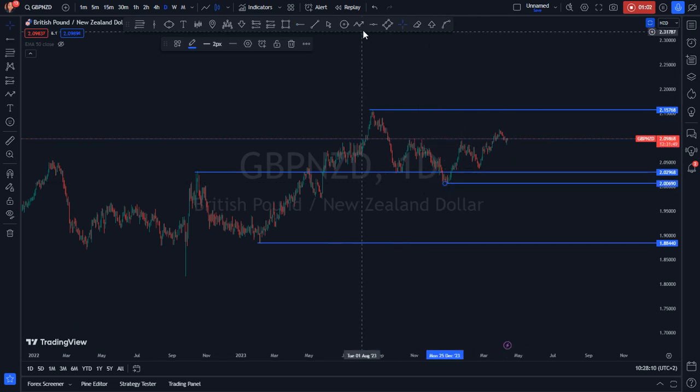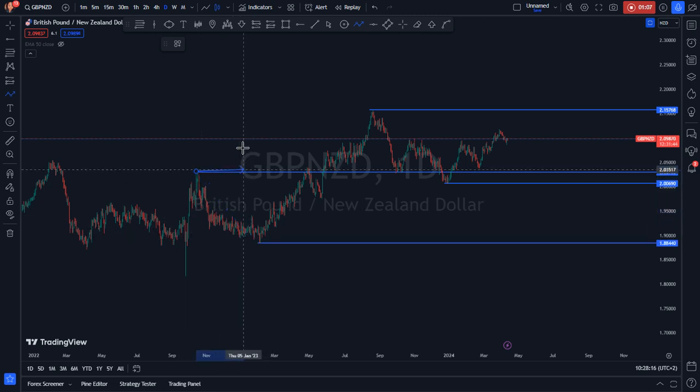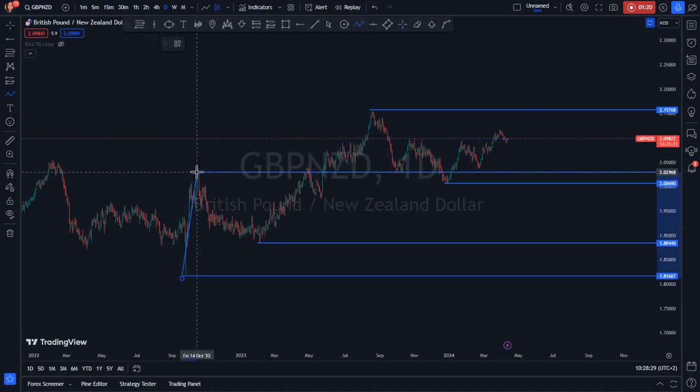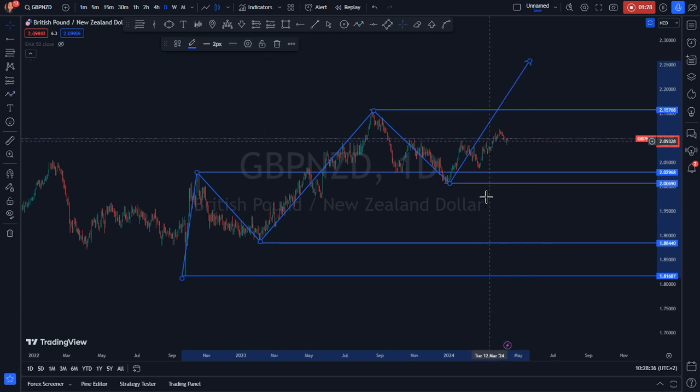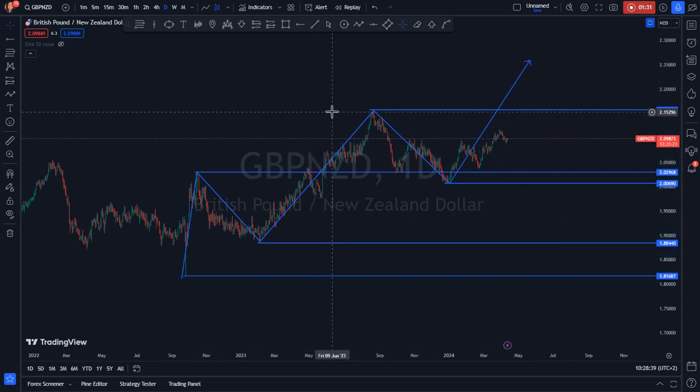So currently the market, to me, looks like it is in an impulsive phase. Let me mark this as well. To me, this looks like a very impulsive phase: this being a correction, this being an impulsive, this being a correction, and then this being currently in an impulsive phase. Which means we are dealing with an uptrend structure, which is going all the way up. So what I did on this one